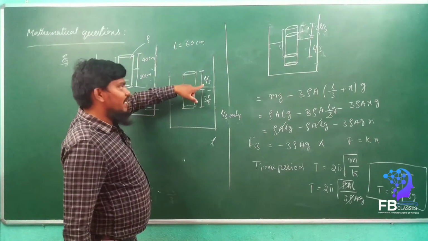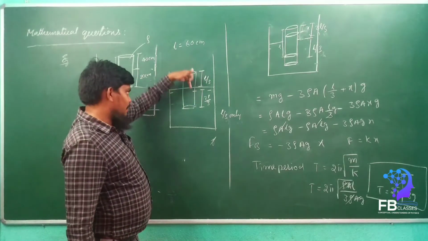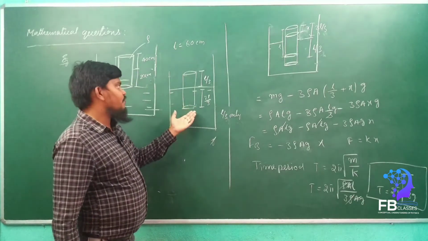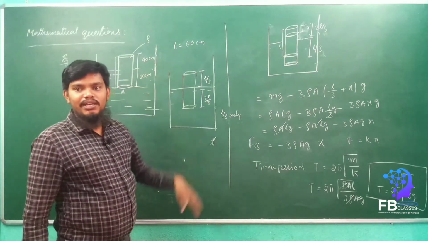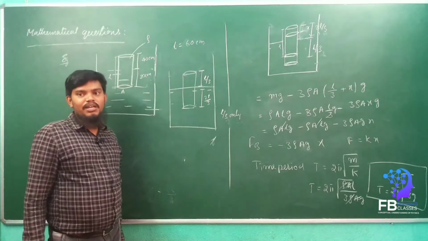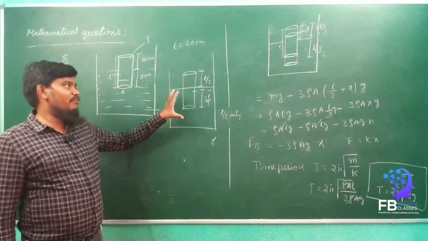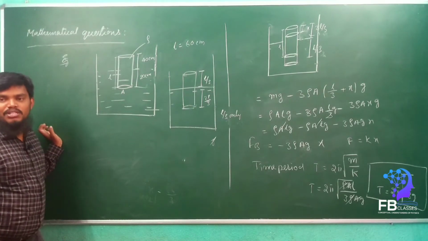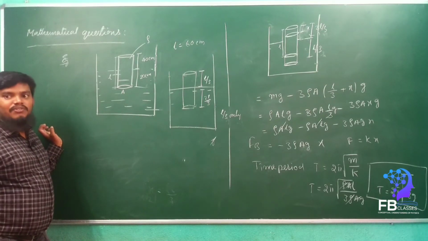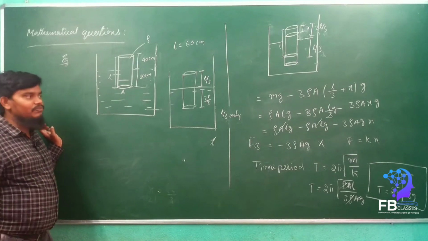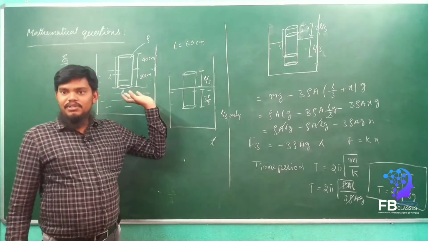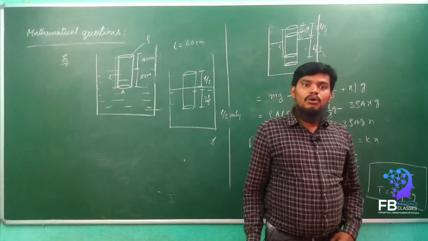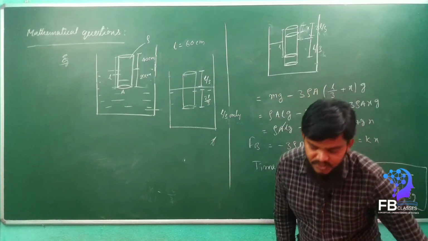If you press more than L by 3, then what will happen? Completely it will sink into the water. Okay. So once we let go, the total cylinder will come into the air. Again mg will act, so SHM will not be performed. So what is the condition of maximum amplitude? It is whichever is the lesser value of the cylinder. Are you getting my point? So note this down in your own sentences.